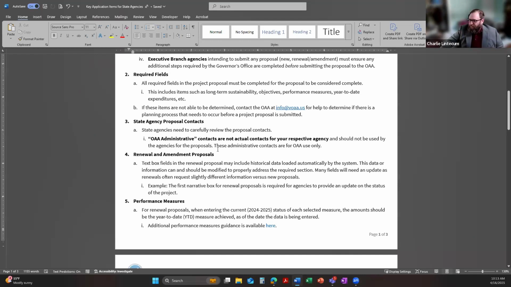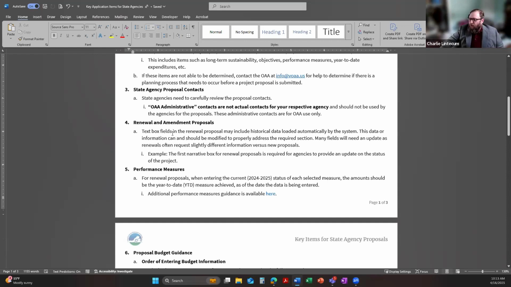Renewal and amendment proposals. There are text box fields that may include some historical data that will load automatically in there. Anything that loads like that, outside of the financial side, the current year's award, can be modified.